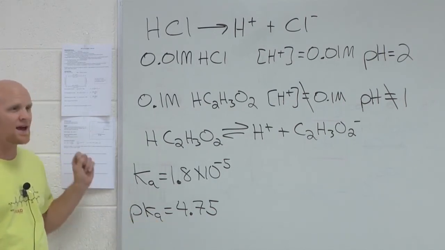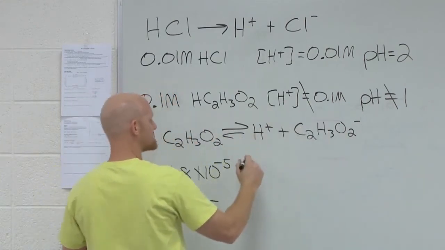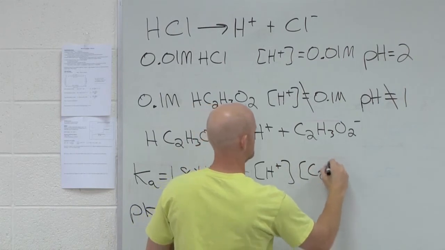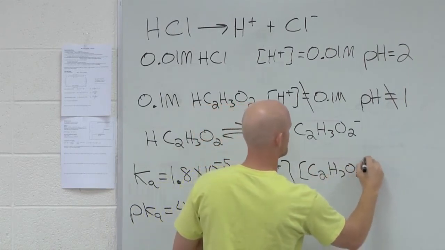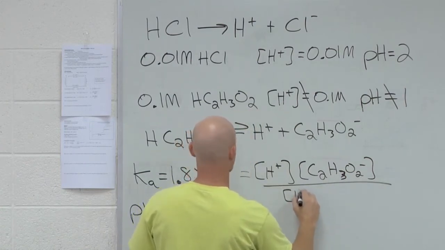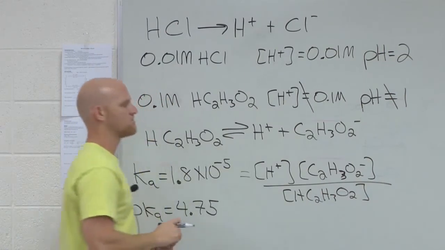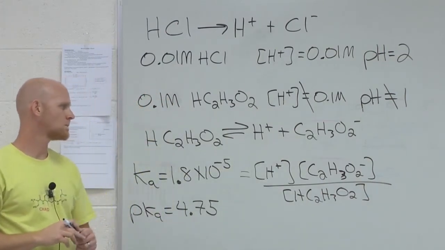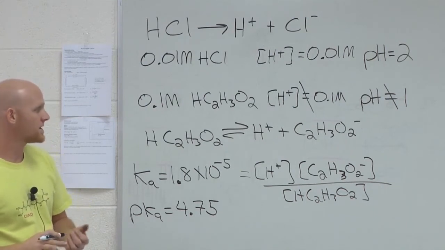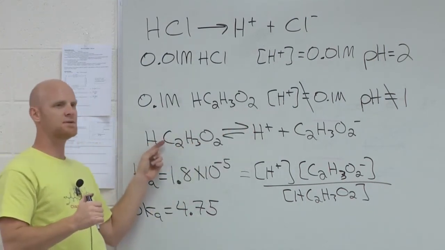I need the Ka. In this case, the Ka is just the equilibrium constant of this reaction. That's H plus times C2H3O2 minus, the conjugate base of acetic acid, the acetate ion, all over acetic acid. Cool. And in this case, if we look at this dissociation, if I told you this reaction happened 10 times